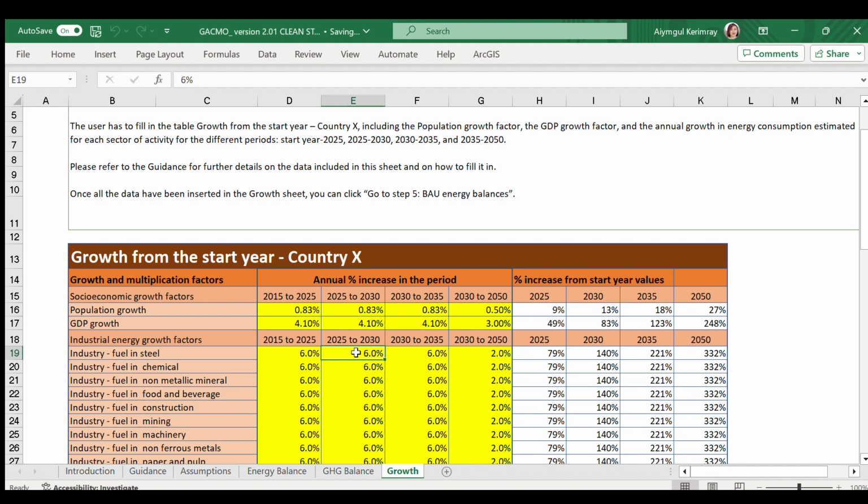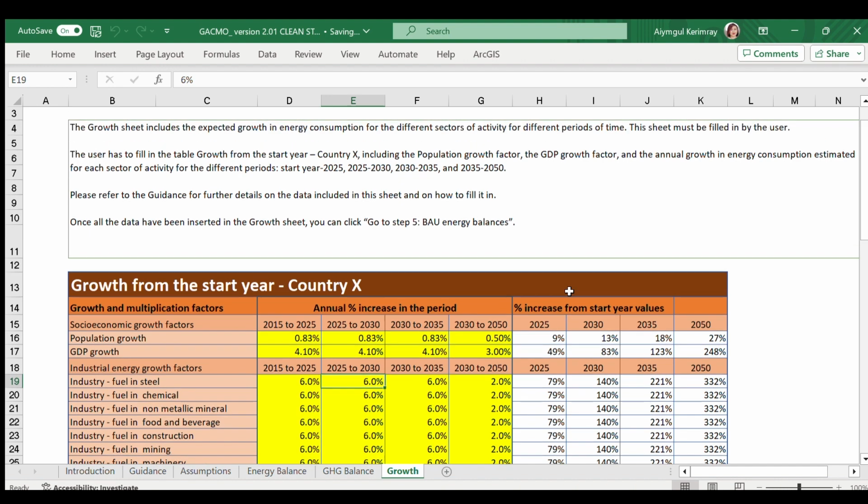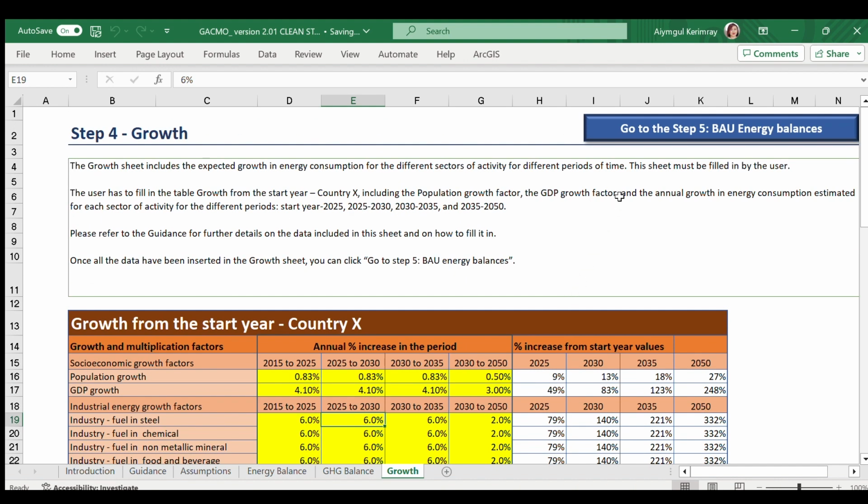Once all the data in the growth sheet have been included, the user can click on Go to Step 5 BAU Energy Balances button.